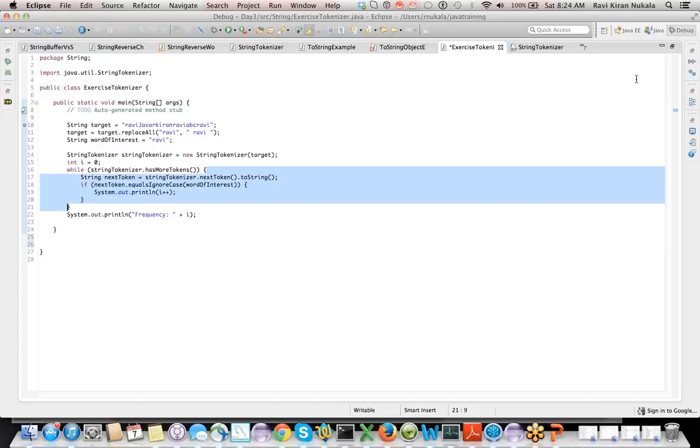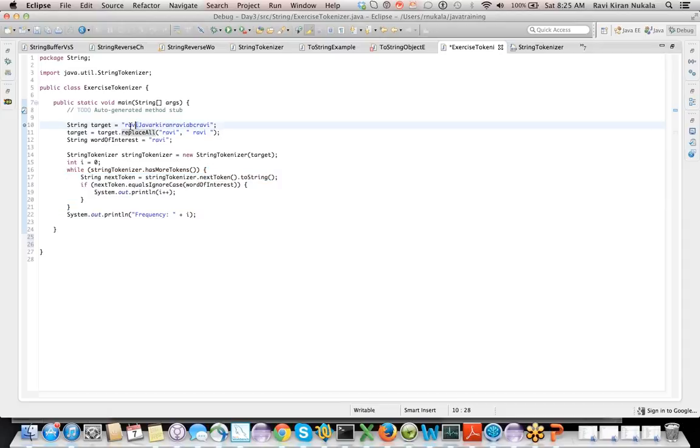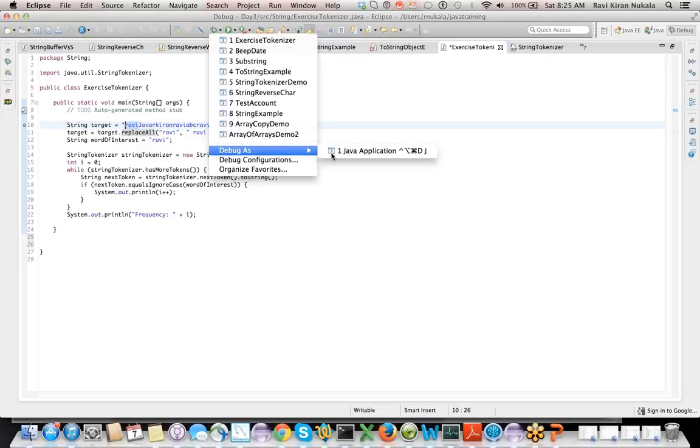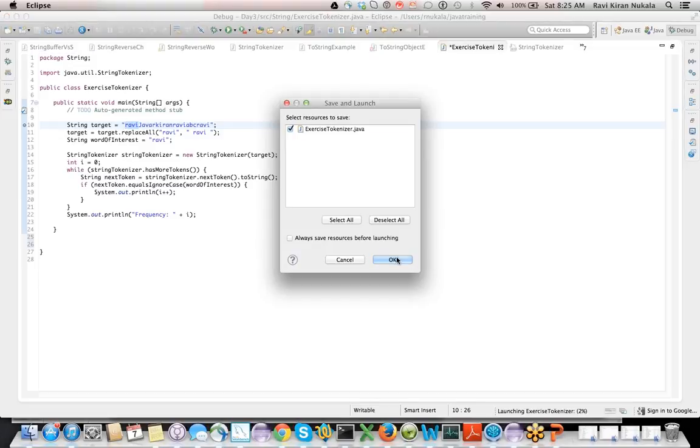Ravi, yeah. I'm not getting why you are using replace all, target equals target dot replace all. I'm not getting it. The reason is if you give just a word as a delimiter, the string tokenizer is not happy about it. It was giving me each token like R, only R. That's why when I was debugging, I was speaking out loud so you guys can follow.